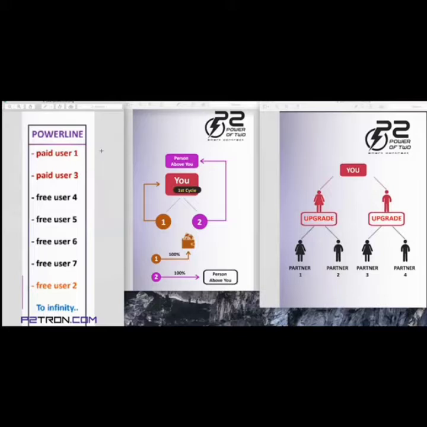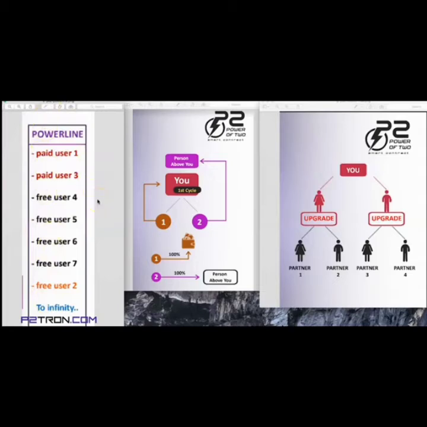Now, there are many people out there sharing this opportunity right now, which means that they're actually putting people into this power line. And there are people out there who are just going to get started as an individual without sharing it with anyone. Regardless of that case, you are time and date stamped in this power line. Okay, disregard paid, free, it doesn't matter. You go into the power line.